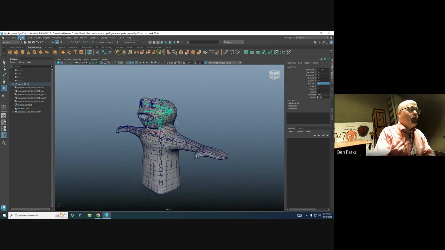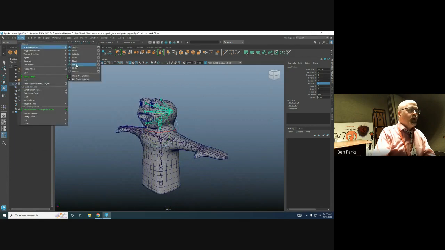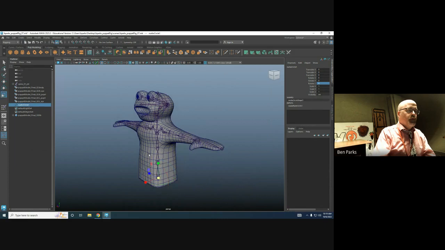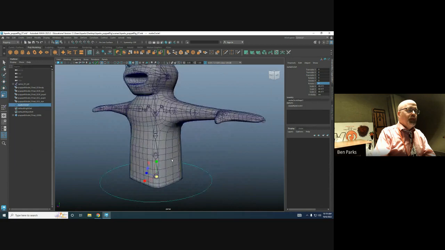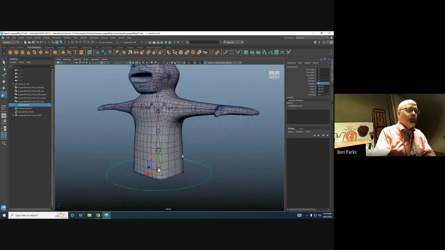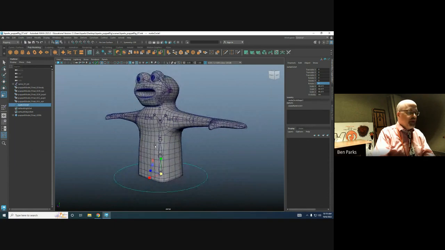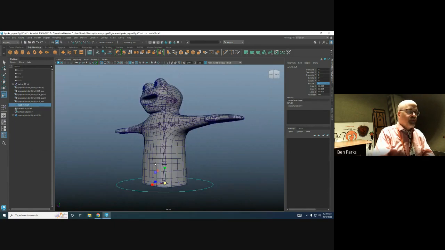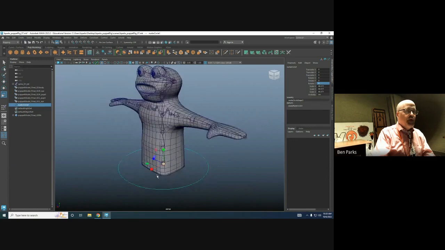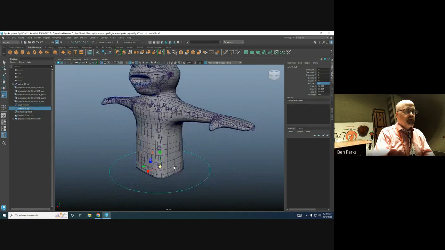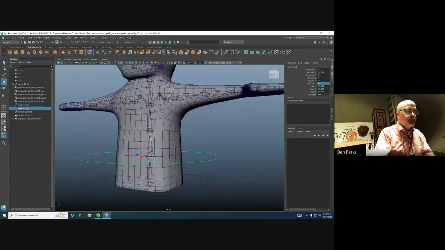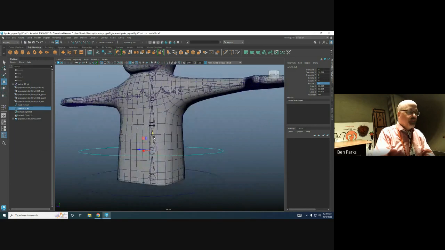Yay! All right, so I'm going to create a NURBS circle because we do a lot of those. And I'm going to place a few of these. The first thing we want to do is place all of our controls, similar to what we've done in the past. We place our controls and then we connect them up. So this is going to be my main control, right? And I'm just going to Control D to duplicate it. And I'm going to move it up. I'm going to create some simple